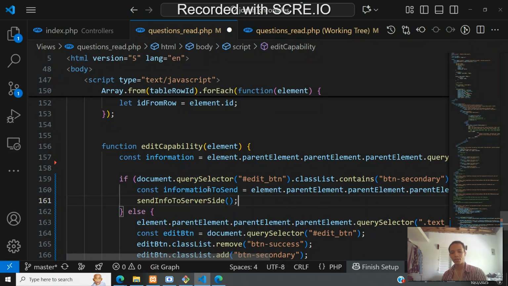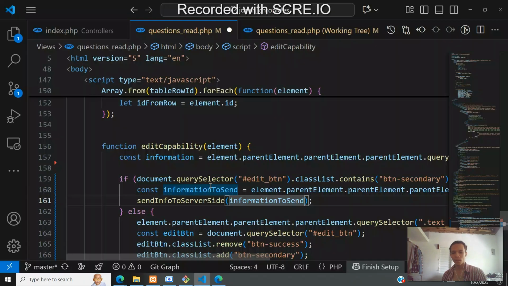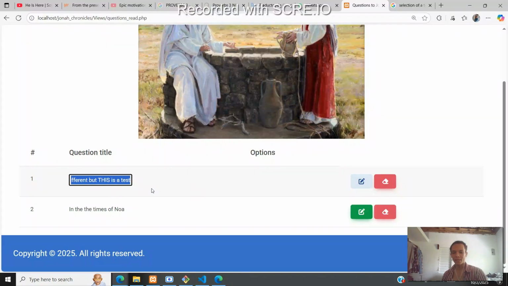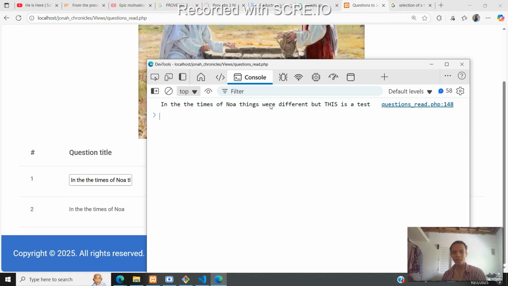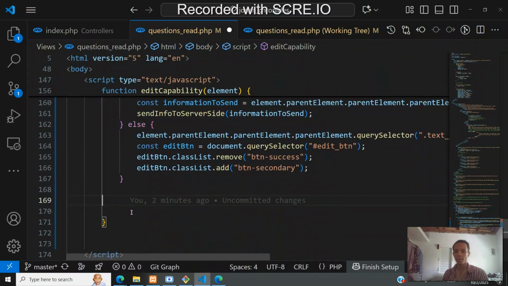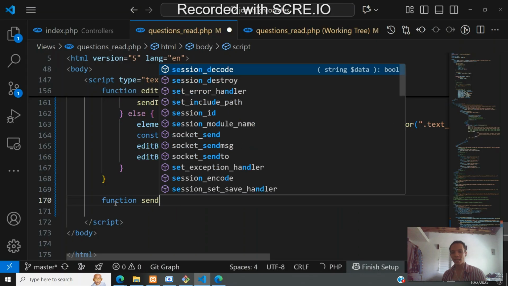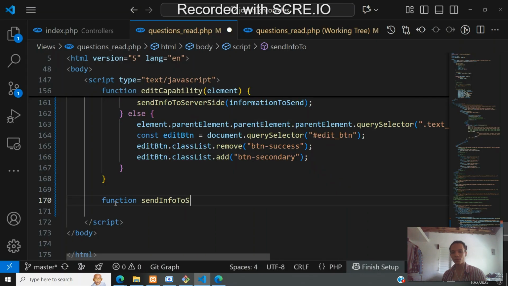And the information is going to be this one, and that's it. You can see that now it didn't alter here, and it shows up the information here, so everything is working super nice. Now let's take this and put on here function send info to server side,